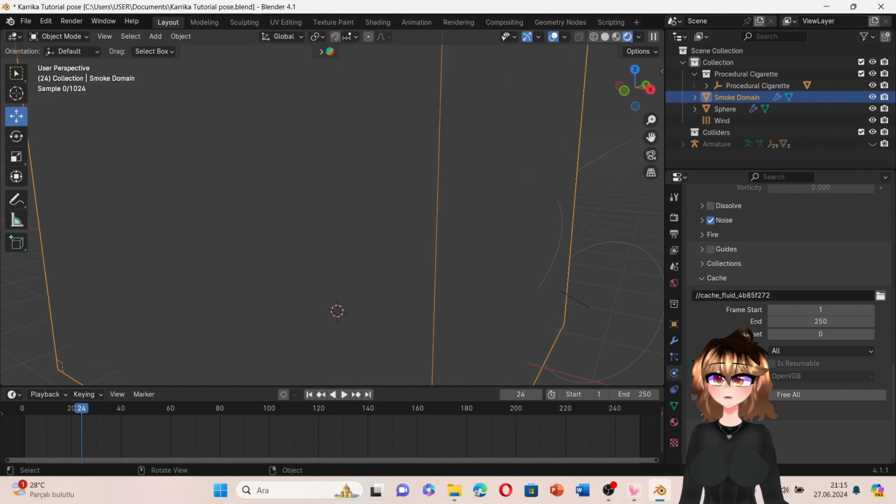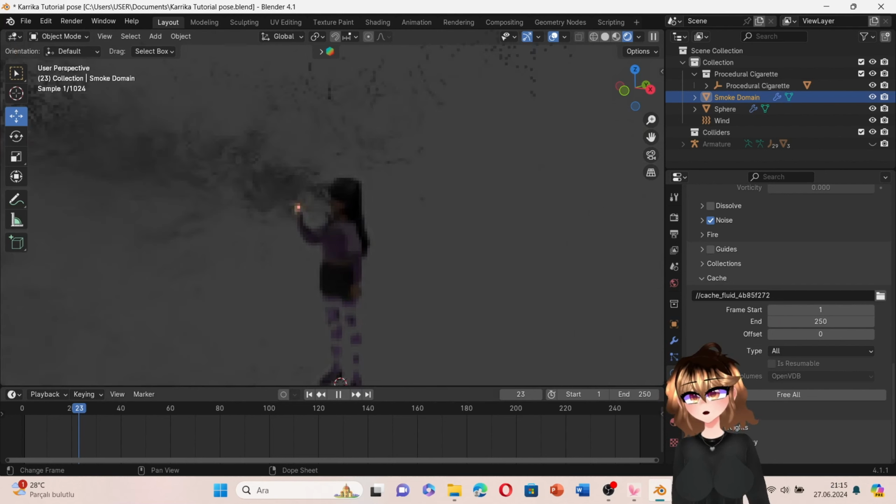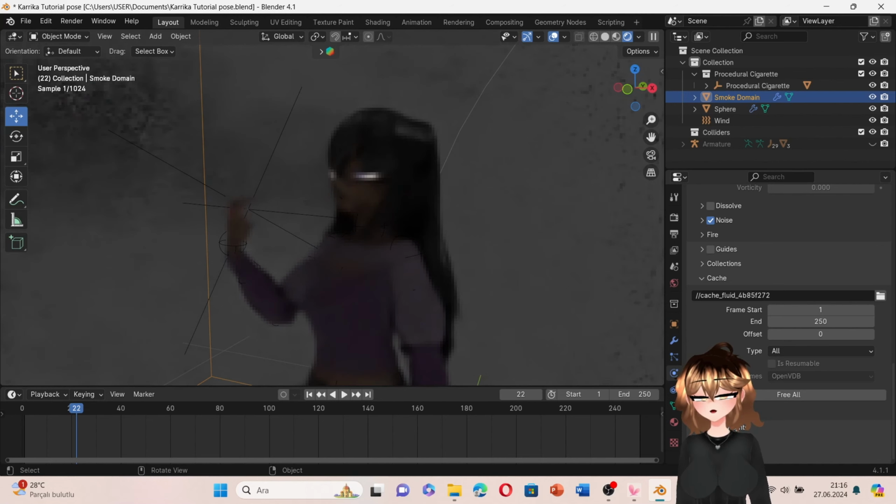And we're gonna go on to Cycles and choose a good looking second in the smoke simulation. This one looks great. Now,